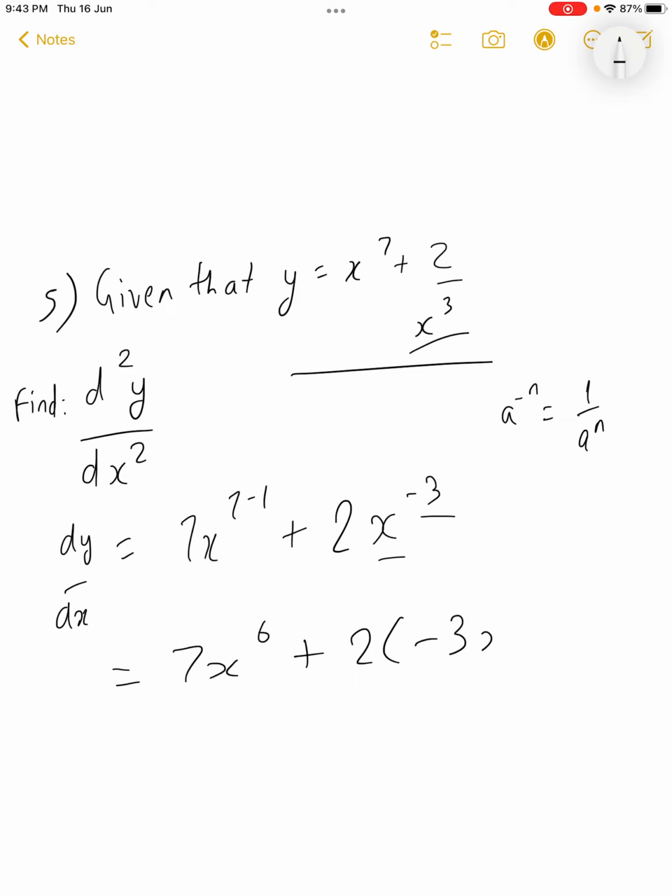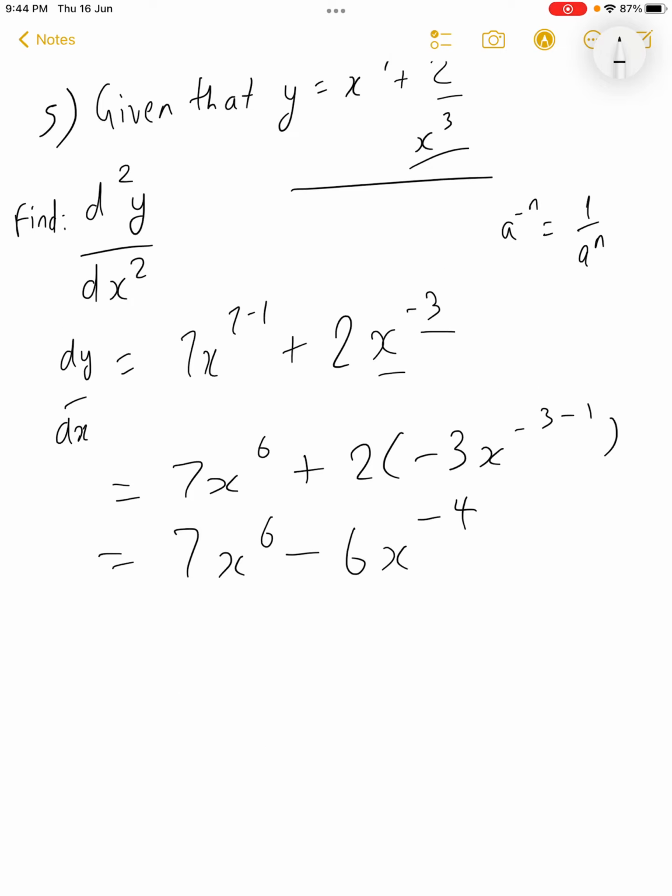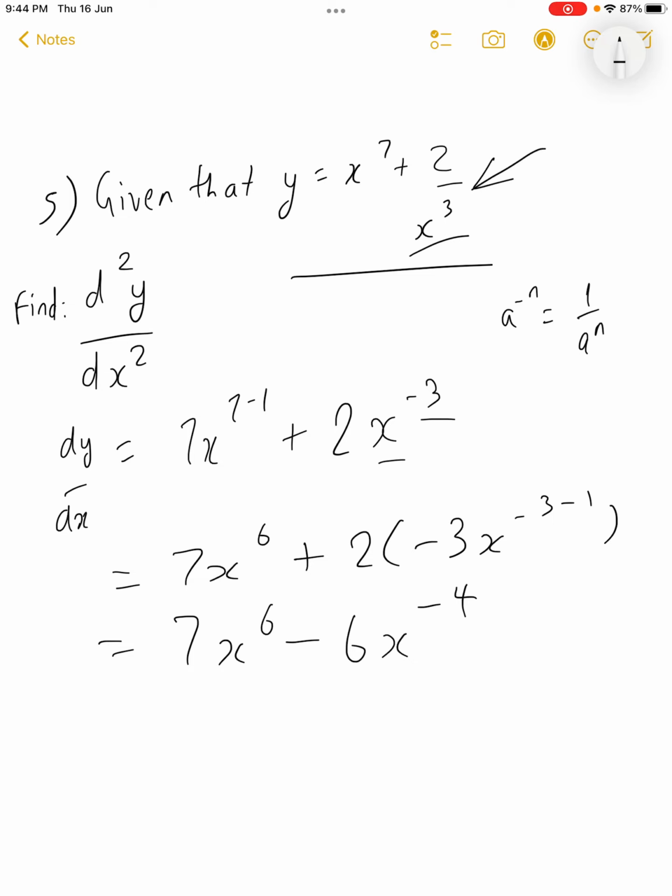Plus 2 times minus 3, taking away 1 from that power. That should leave you with 7x raised to the power of 6. Since 2 times minus 3 is minus 6, you're going to leave it as minus 6x. Minus 3 minus 1 should give you minus 4. Now, since we know that the normal derivative dy divided by dx is this,